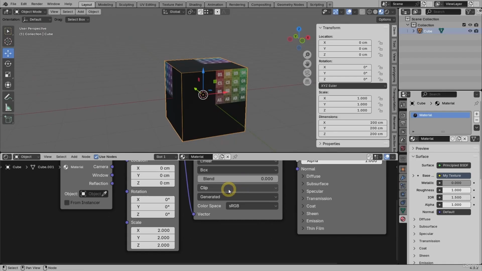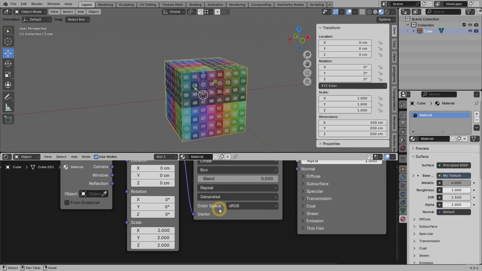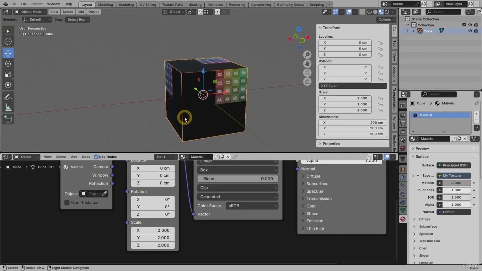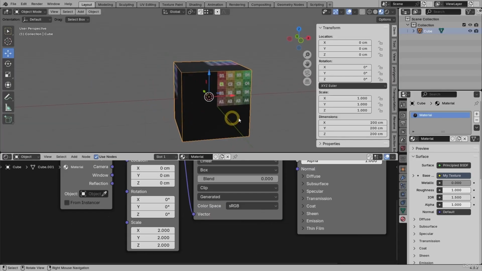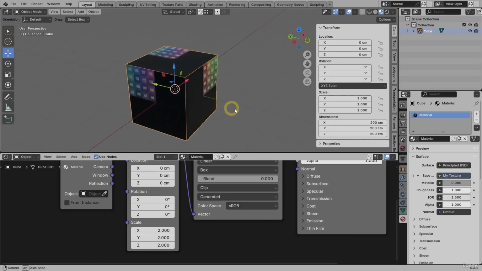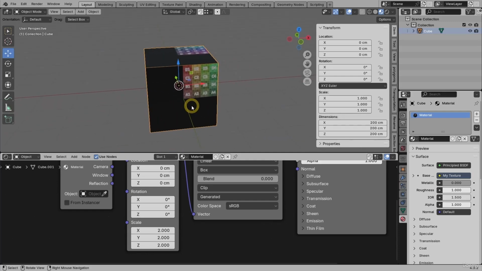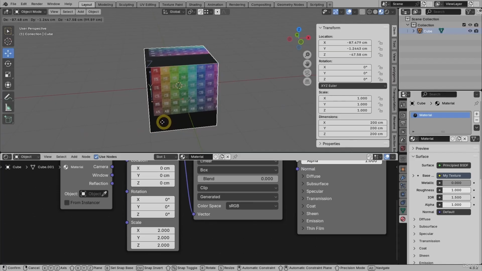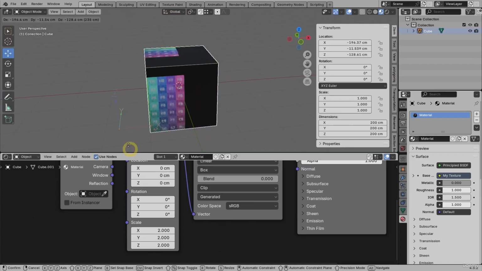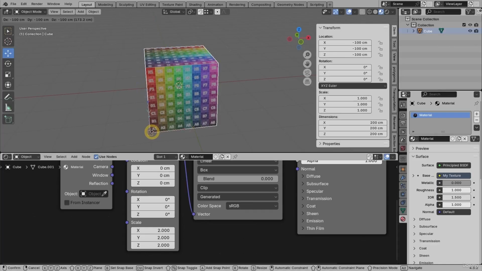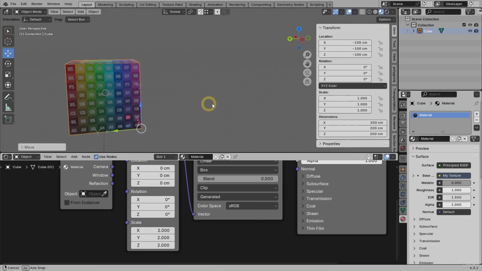Well, if you turn on the tiling again, we can see that this is not about fitting the size, but more about the position. By default, the origin point of the object is used as the reference point for the texture placement. If we press Ctrl period and move the origin point around, the texture coordinate will be affected. If you hold Ctrl and snap the origin point to a corner vertex, now we can see the full size